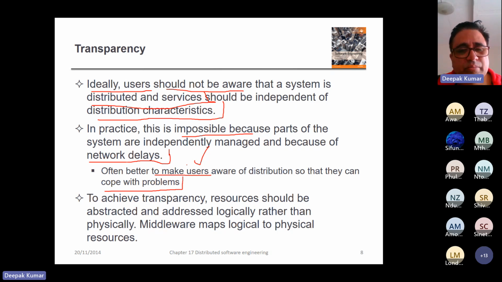So that's one factor, and that is why the transparency becomes, as I mentioned, more important, that the user is made aware that you cannot simply be working